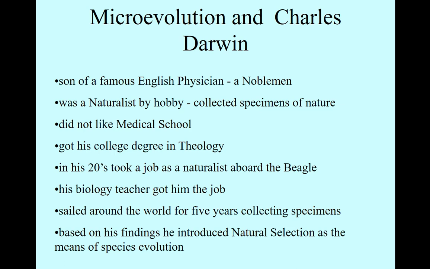So, Charles Darwin, who was the most notable person behind the theory of natural selection, was the son of a famous English physician, one of the most famous physicians in England in the mid 1800s. So he was sort of a rich kid who liked to traipse through the hills and collect specimens. He was a bit of a nerd in that regard. Fortunately for him, there was a positive name associated with that. He was called a naturalist.